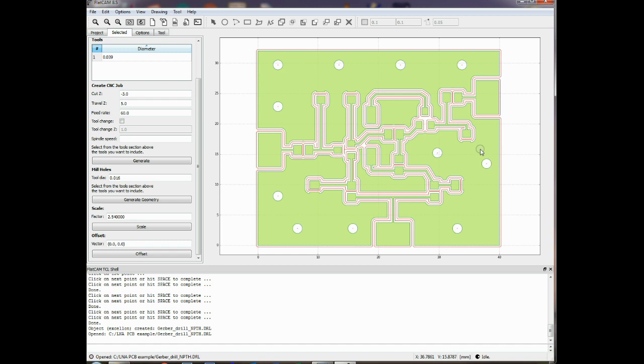So yeah, I don't quite know why there's a discrepancy between inches and millimeters. I was expecting Easy EDA to use millimeters throughout, and for some reason it has, apart from the drilling file. So other than that, everything else went smoothly. So from that, well, I won't go through all the rest of the steps, but you basically have now got,